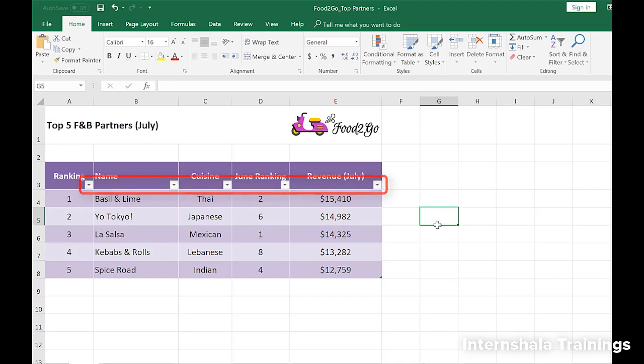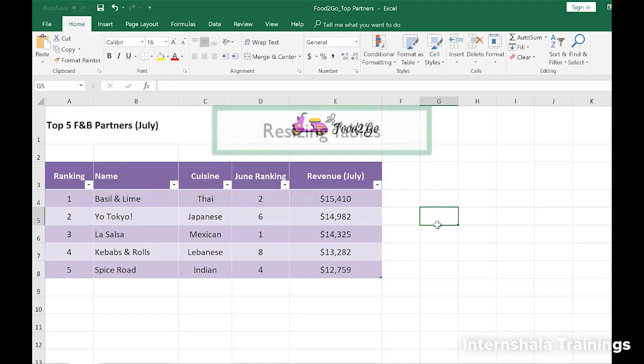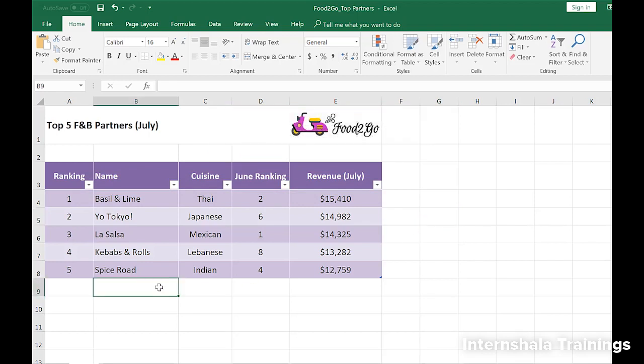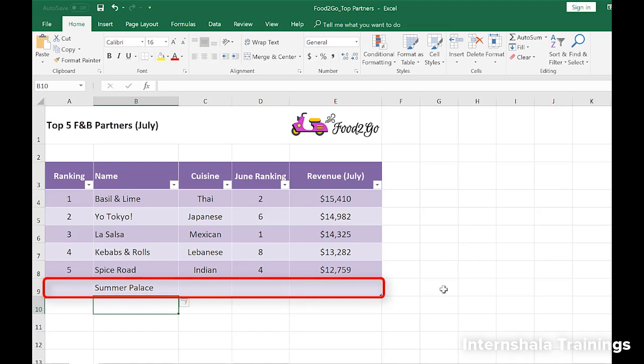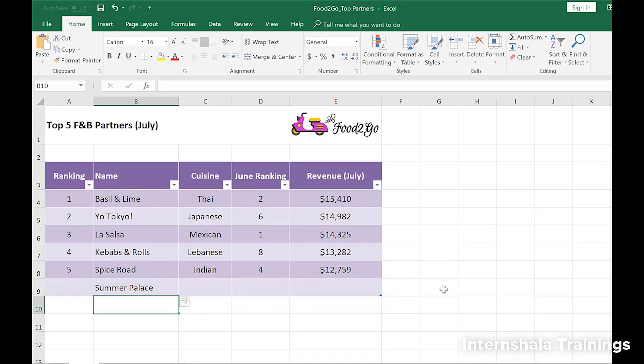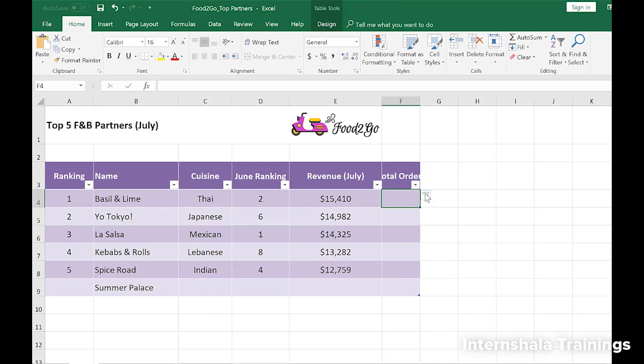headers. Now it's very easy to resize your table or add data to it at any time, and there are a couple of ways to do this. If you want to add a new row of data, you can simply start typing a value in any cell in the row directly underneath the table. Excel will automatically include this row in your table in your chosen table style. This works the same way for new columns. Just type in the data in the column directly to the right of your table, and Excel will expand your